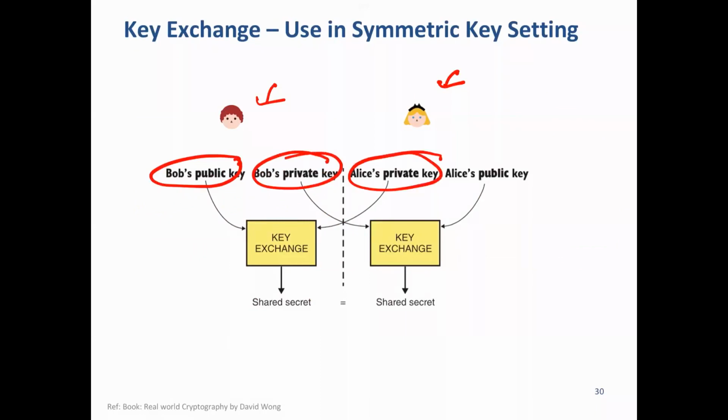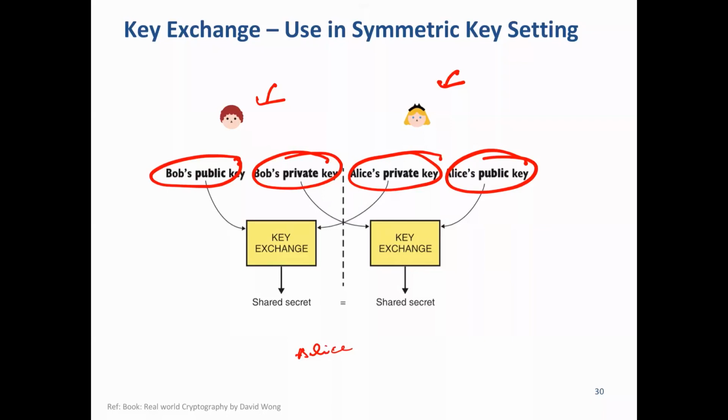Alice will generate a public key and a private key, and then if Alice wants to send something,